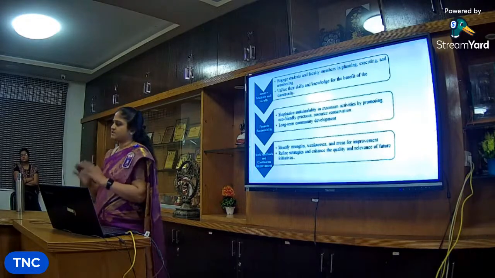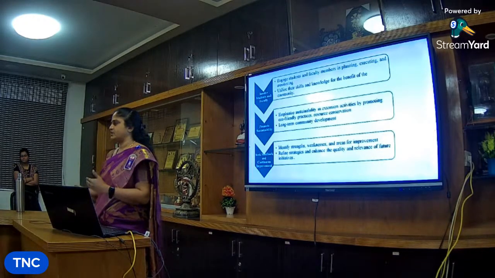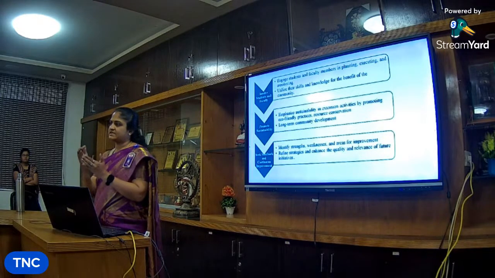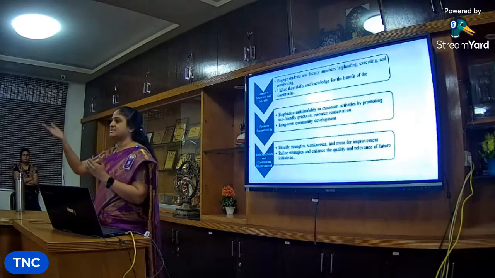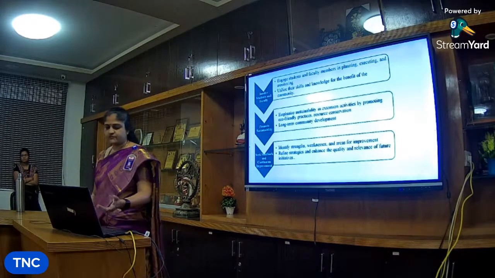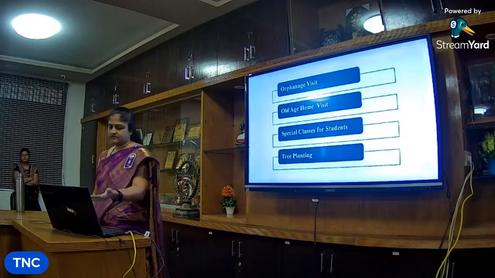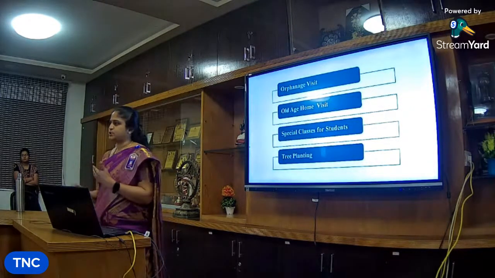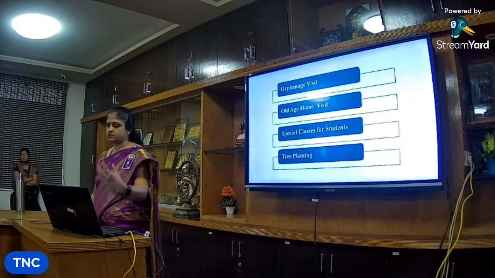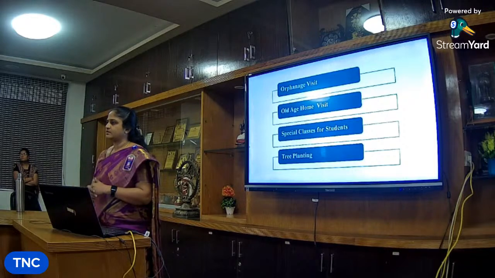Central government is always insisting on sustainability. One of the examples is Unnat Bharat Abhiyan, which we have taken now. They always ask for sustainability, not a short-term goal. You see that it is sustainable even to the next generation. So they focus only on sustainability. And continuous feedback for improvement. Now we have given a proposal to our management and asked for funds for all these programs: orphanage visit, old age home visit, special classes for students. This is something new we have brought in.